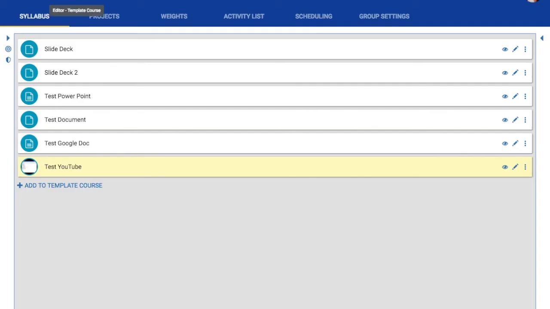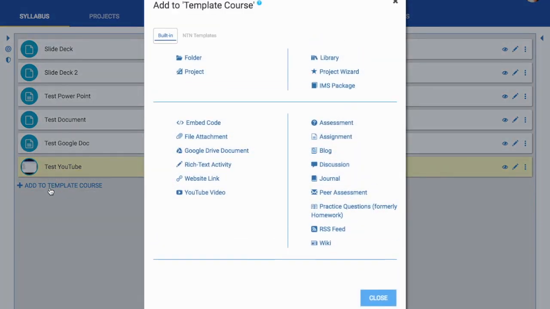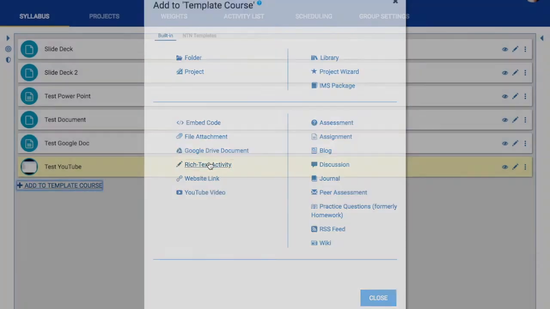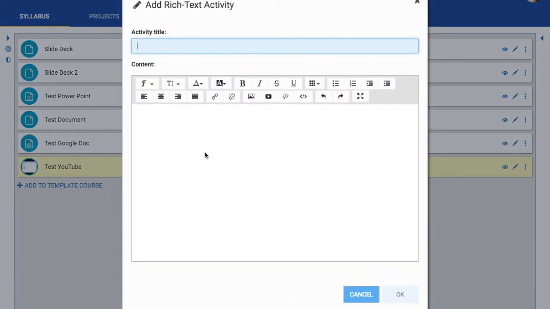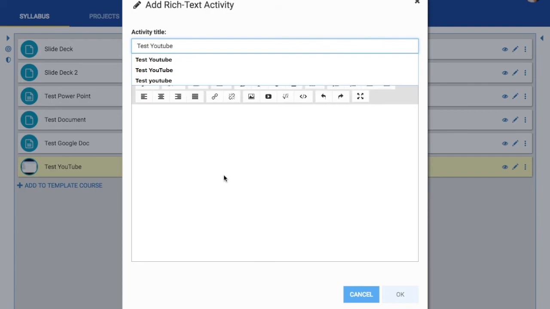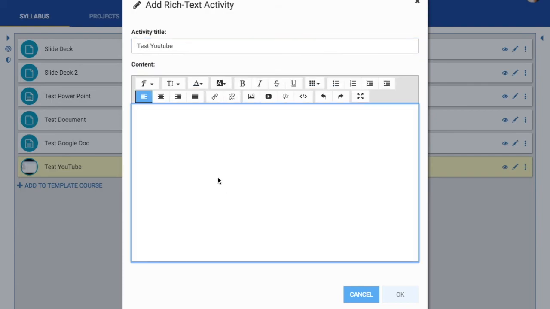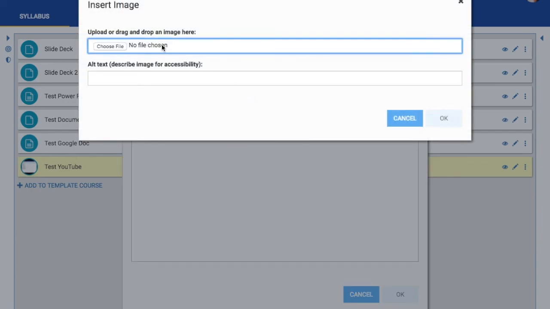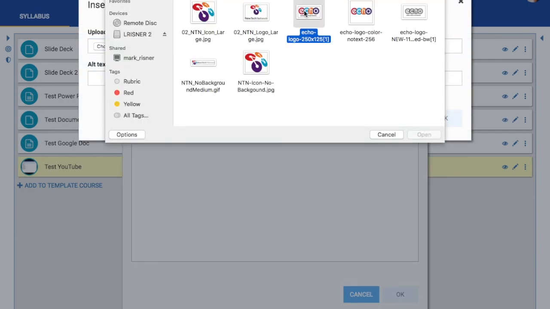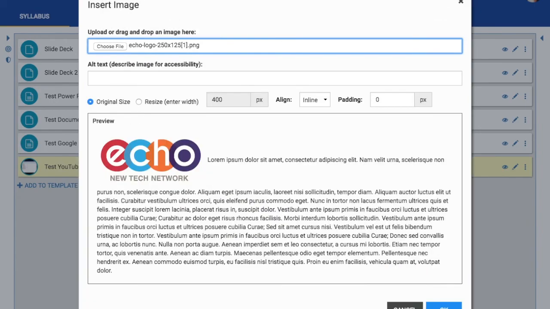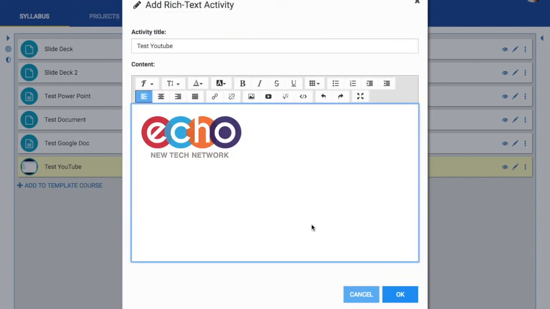Another way you can do this is using the Rich Text Activity Editor. So if you click Add to Course and choose Rich Text Activity, give it a name. So this is done with an embed code. So you might want to use the Rich Text Activity Editor to embed a YouTube video if you want to add words with it or images. So I am going to add an image, give my video a title,